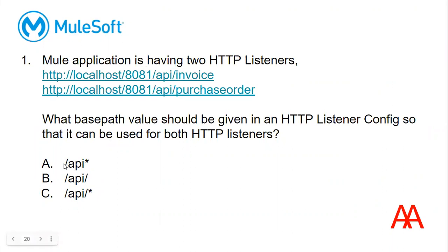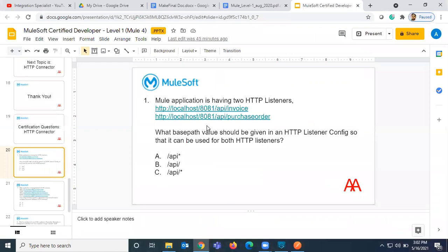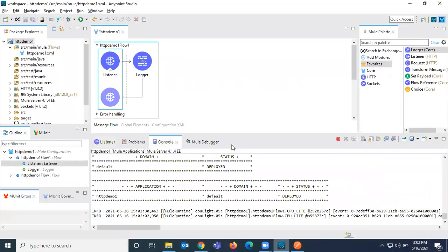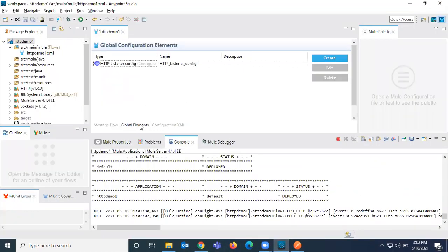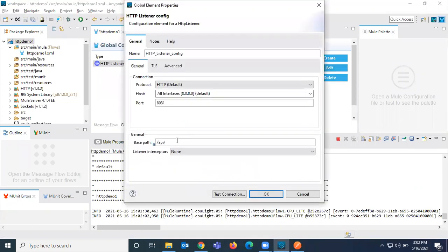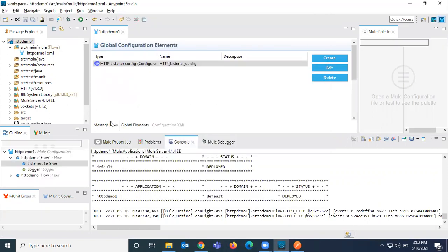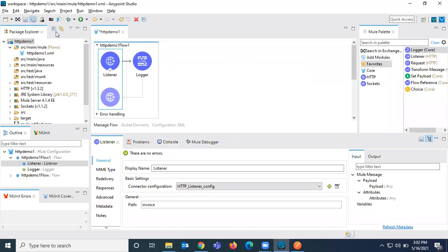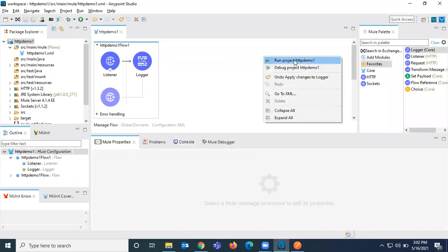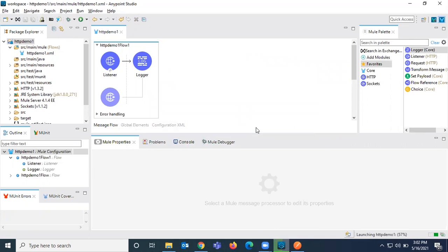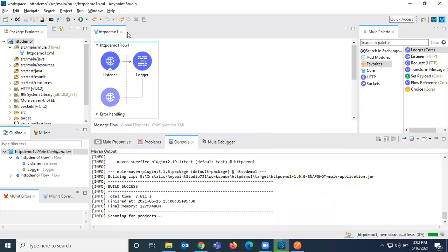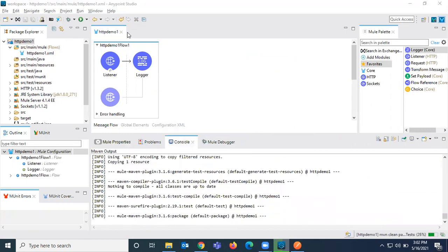Let me give C and A also. They will not work, but let us try once and then jump to the other question. Let me pause the video and resume once this is deployed.